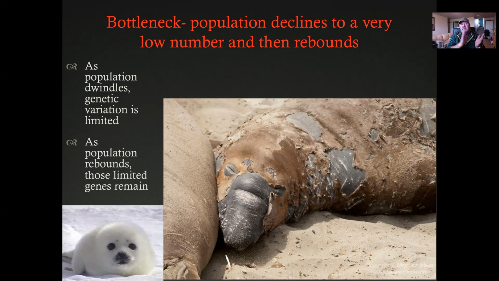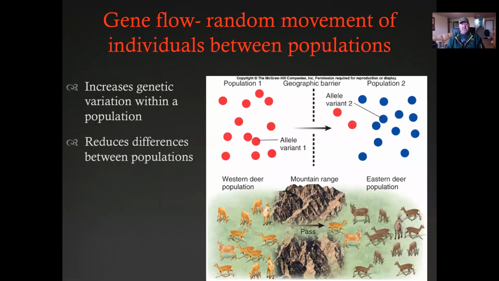Well, then there were regulations that said, hey, you can't be killing these elephant seals anymore, so the population rebounds, okay? But the problem is that the original members of that population, most of them have this skin molting disease, so the offspring are also going to be sharing those genes with their ancestors, and they also are going to have those problems because the genes are limited. They were limited to a small number.